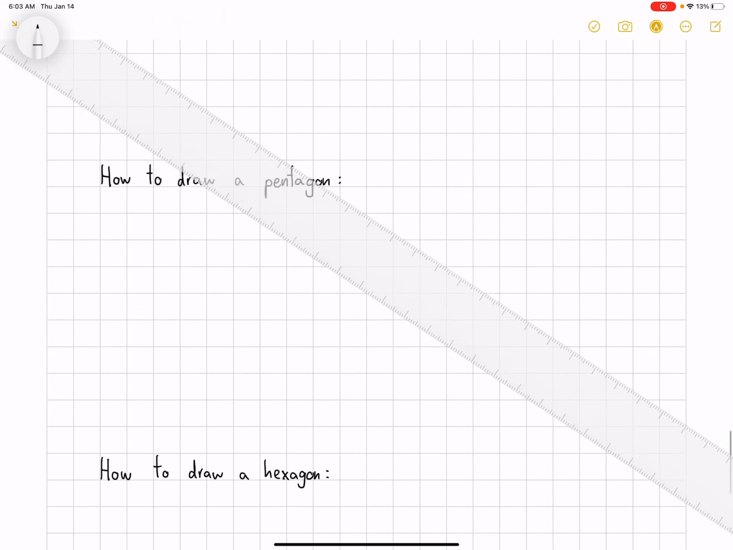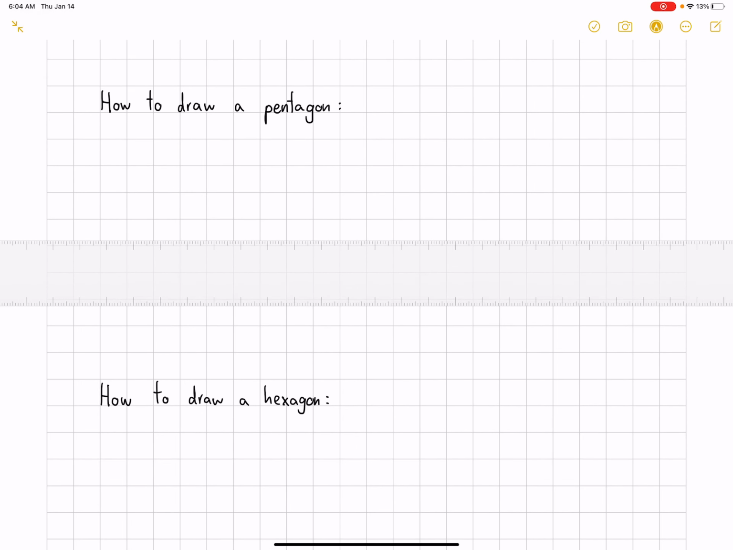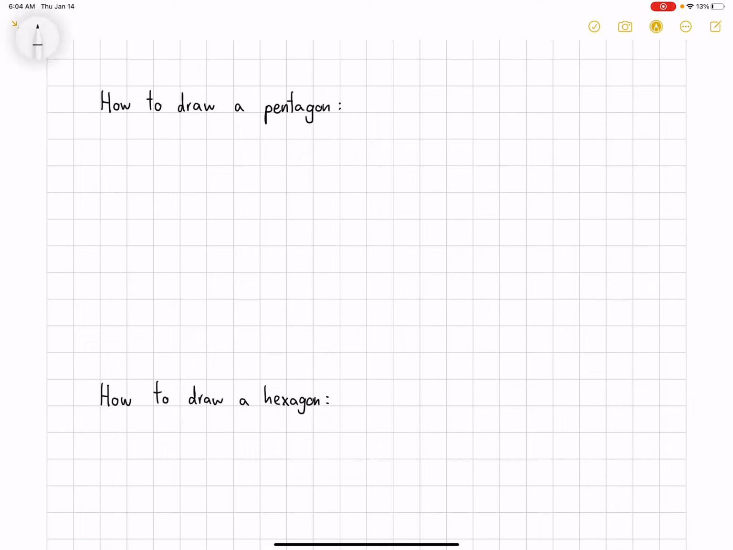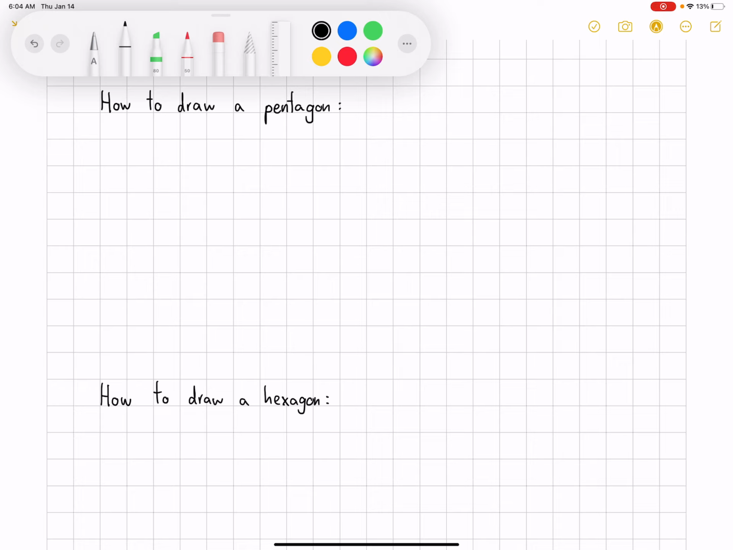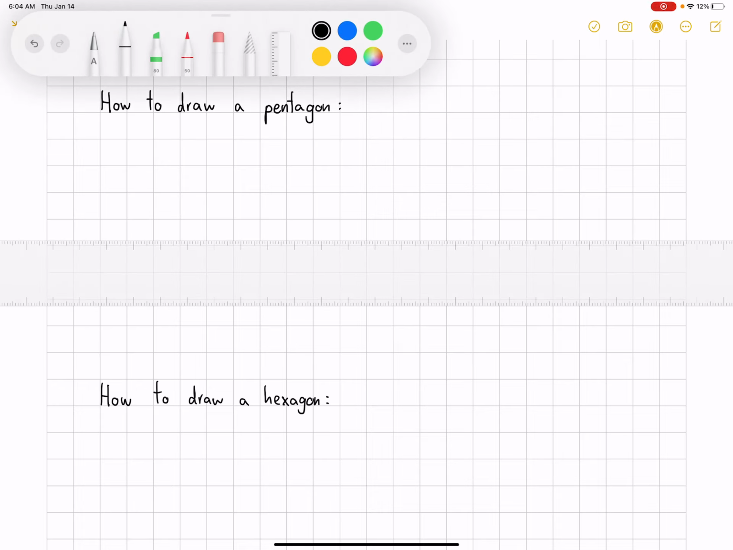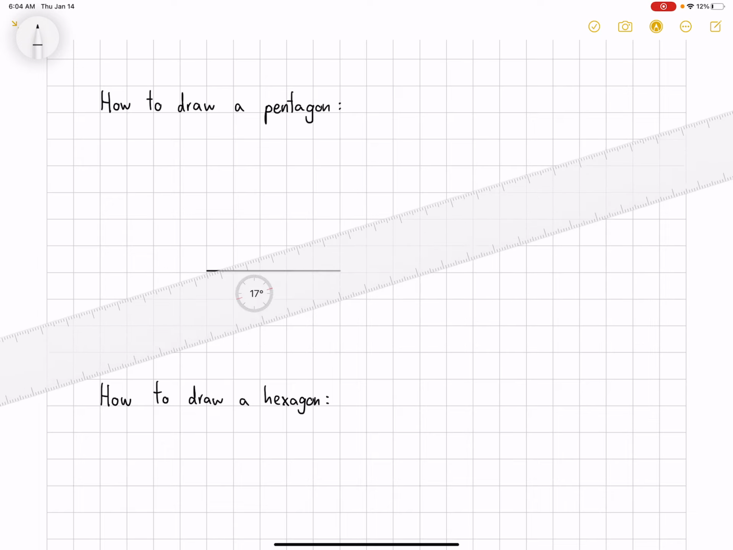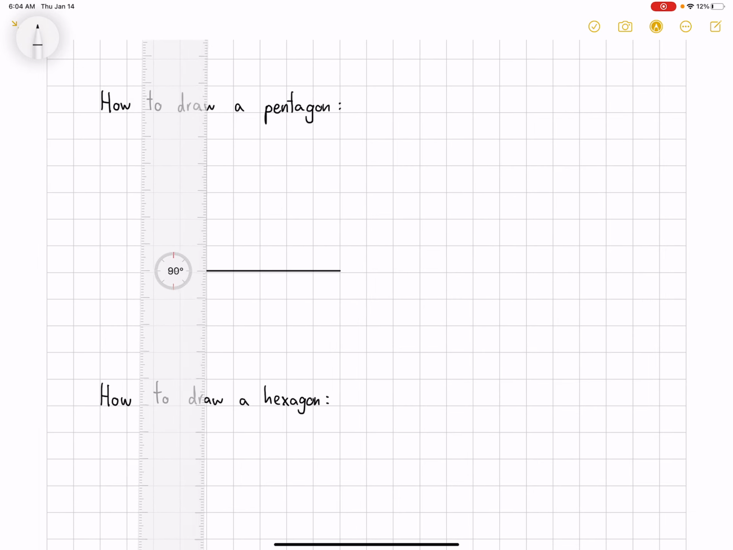All right, so how to draw a pentagon? First of all, a pentagon has 5 sides, right? So if it has 5 sides, what do you need to do? You just need to plan. While you're drawing it, you just need to plan. So you need to be counting your sides. For example, we do 1, now 2,